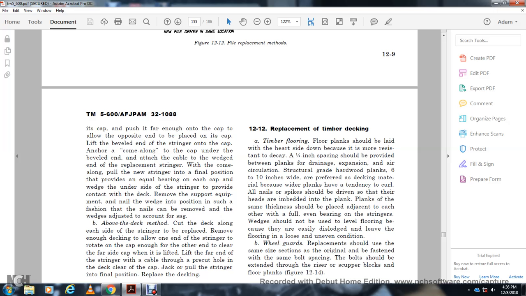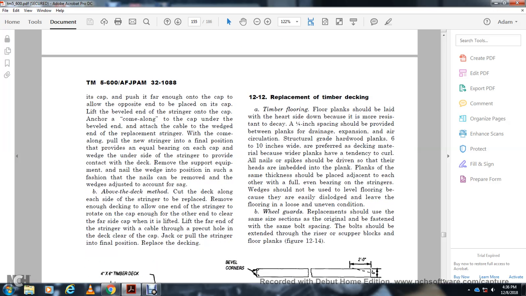Provided the contact with the deck, remove the support equipment, the end of the nail of the wedge in position, and shove the fashion from the nail of the beam and remove the wedge. Adjust the account of the sag for sag, move the above the deck method, cutting the deck along with each string to be replaced with